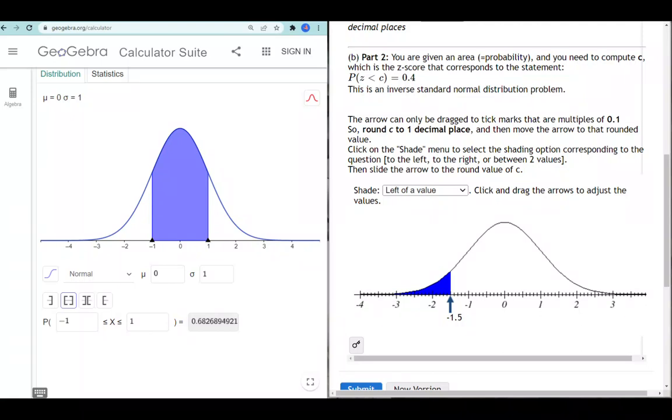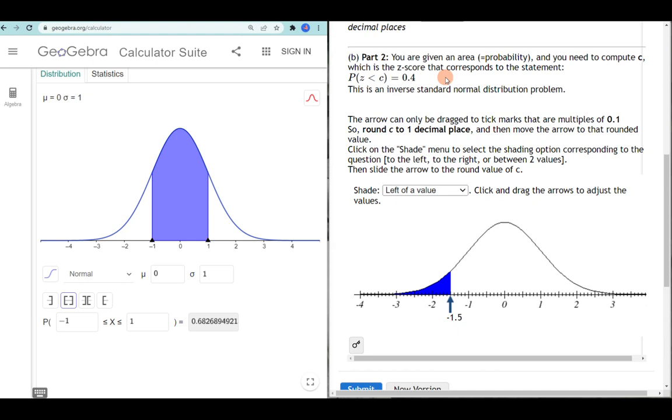Hello, welcome to a tutorial on how to use the probability calculator from GeoGebra, which is a mathematics software accessible online. In this video, we're going to talk about how to find a z-score when you're given a probability. This is called an inverse standard normal distribution problem. It's inverse because we're given the probability and we're trying to find the z-score instead of being given the z-score